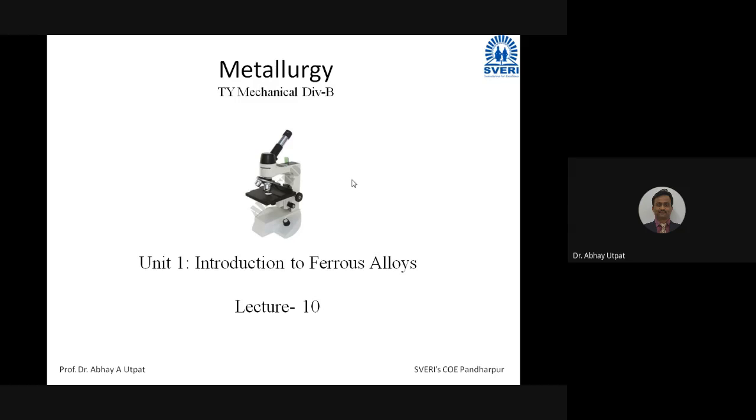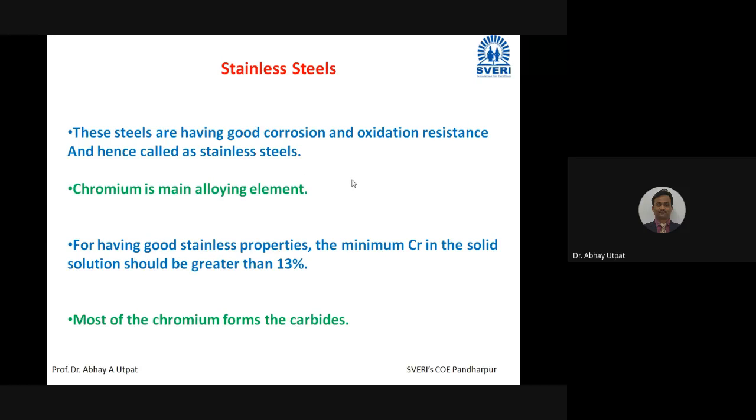So let us study today the next type of alloy steel, that is stainless steel. So meaning of the word stainless, let me explain first. Stainless means it will not be corroded. In local language, you can say ganjarodak. So it will act as a complete stainless throughout the whatever life of the component. You'll never find these parts get corroded. So that's why these steels are called as stainless steels.